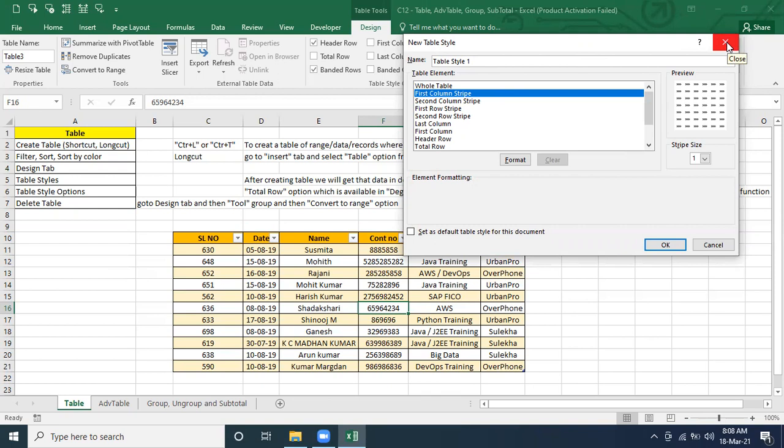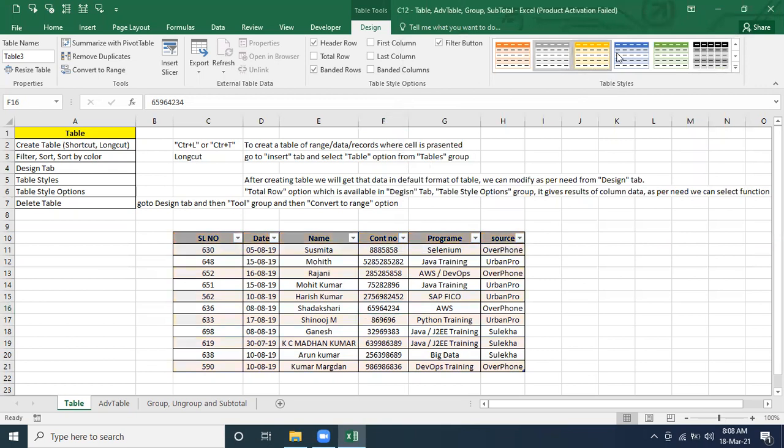Otherwise you can define your own. So you will understand all these things, what exactly this is, and why it's required to design while creating your own. I will let you know. Okay? Clear? So we are not going to pick any one of these. We are happy with this color. Okay, no problem at all. We are going to add. Hope you understood table style. You understand that?